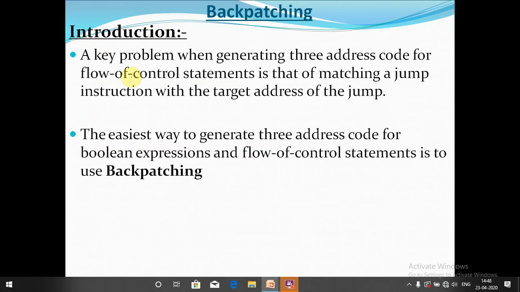The difficult task in the generation of three address code for control flow statements is determining the target address of each go-to statement. So suppose I am using a number of conditions or some n number of repetitions like that. In that case, fixing the go-to target address is a difficult task. For that task, we can use backpatching, which makes it easier to derive or determine the target addresses in the go-to